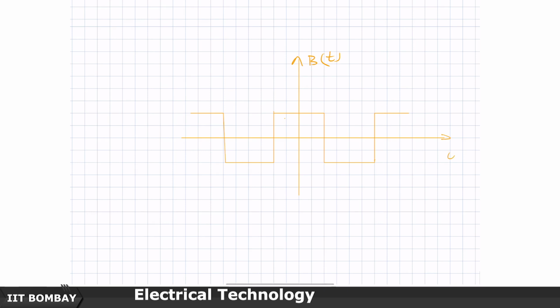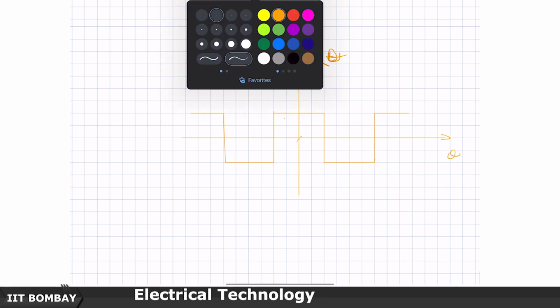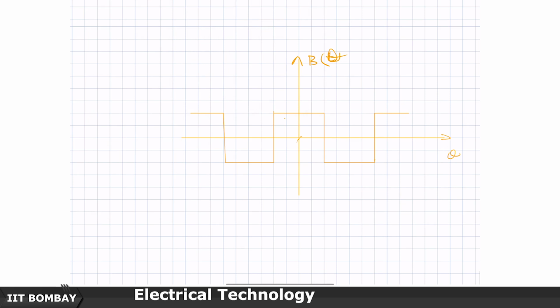So this is my B of t versus B of theta versus theta. Now suppose I take a sine. Let me change the color. This is pi by 2, remember this is minus pi by 2. Somewhere here is the pi and somewhere here is the minus of pi. So if I take a sine